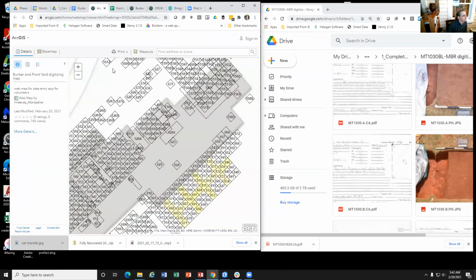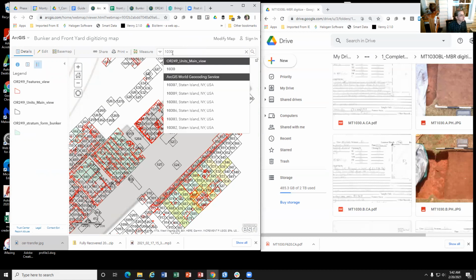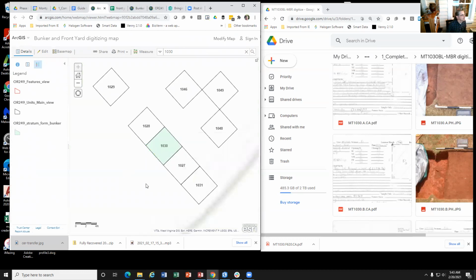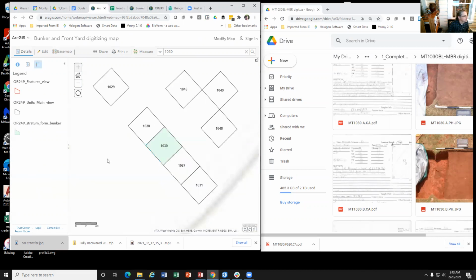And up it comes. And then we'll search for 1030. And I realize what happens when you do this, it pops up automatically. So you can just click on Units View 1030, and then we're right here. And when we click on this, we can see there's only one record, layer O. So we are going to want to add some more.